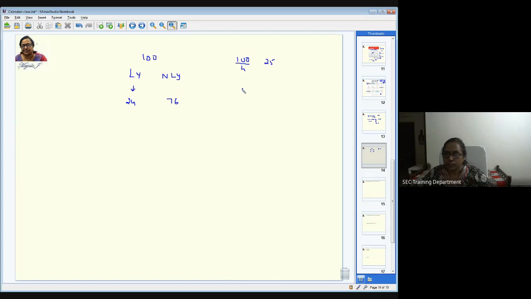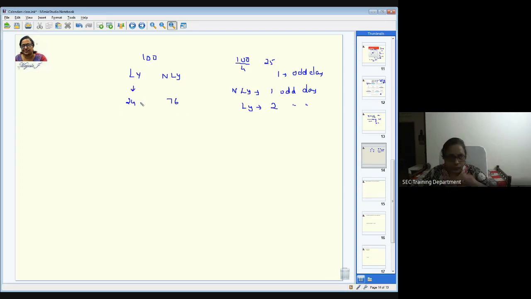And now, you know that in any leap year you get one extra day, and that extra day is called an odd day. So in a non-leap year, you have one odd day, and in a leap year, you will have 2 odd days. Is that clear? Any leap year has 366 days, and when you divide by 7, you get 2 as the balance left over. Therefore, we say it has 2 odd days. Similarly, a non-leap year has 1 odd day.